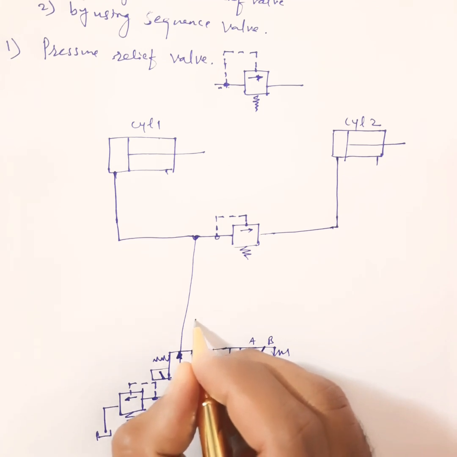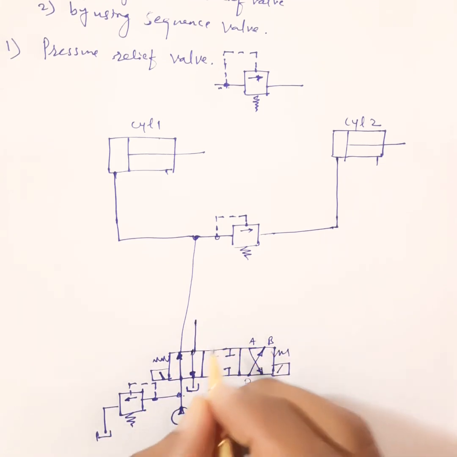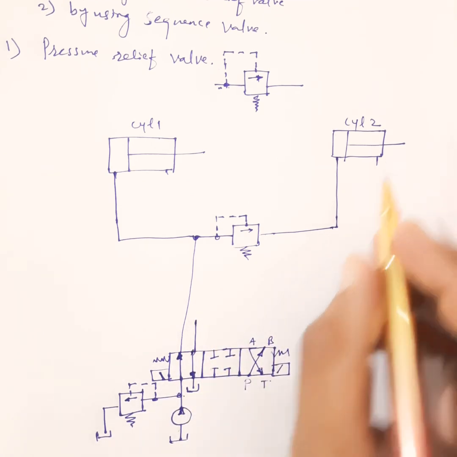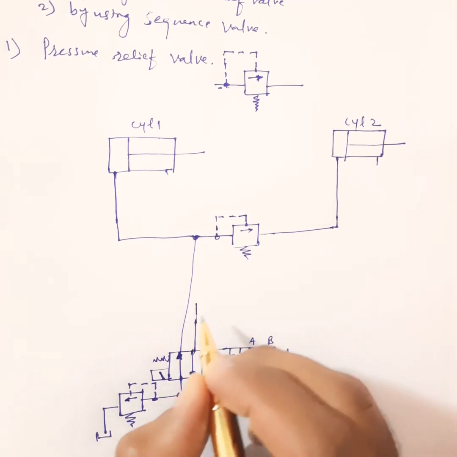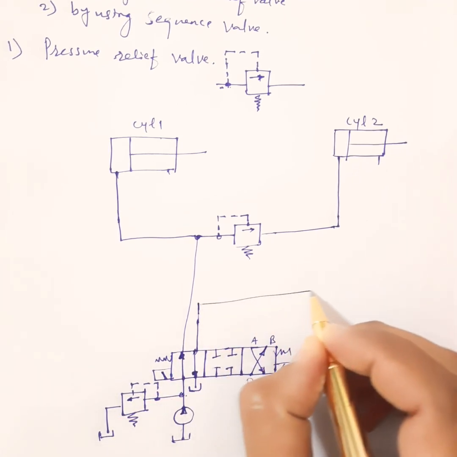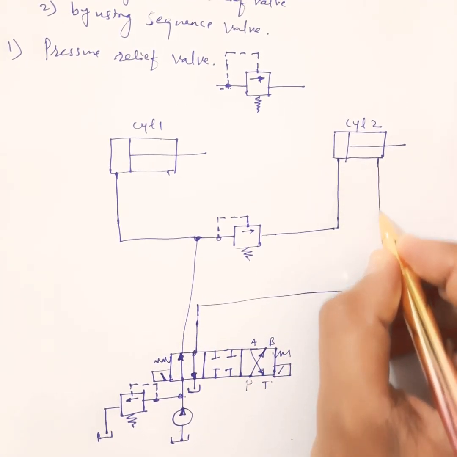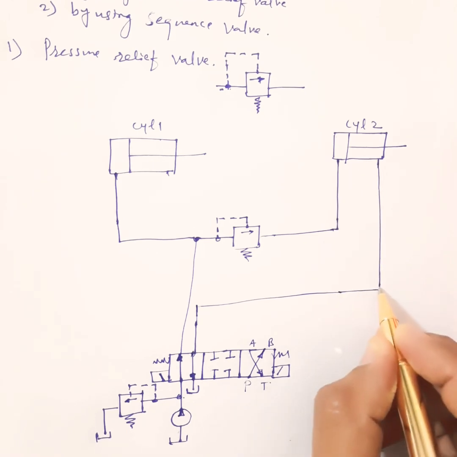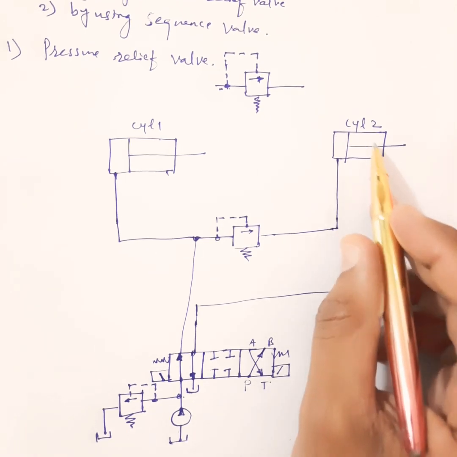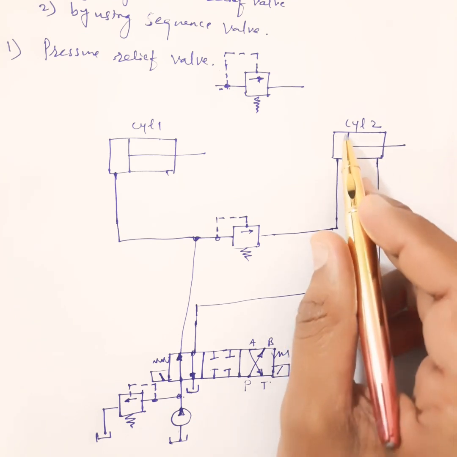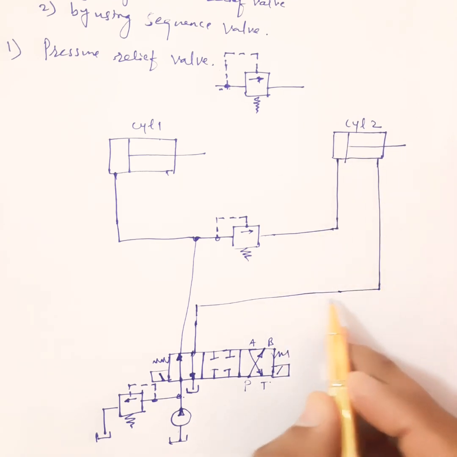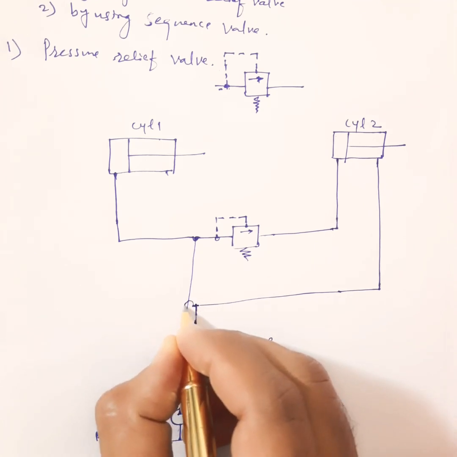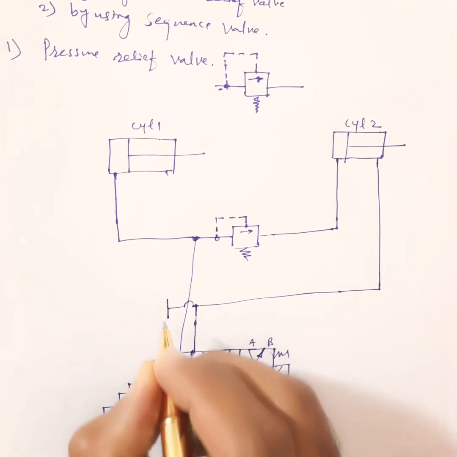So in that case your fluid from the pump should go to cylinder 2 first. Okay, so directly we will connect here cylinder 2. So here this is nothing but cylinder 2. So directly the fluid from the pump will go to cylinder 2. Piston 2 retracts. When piston 2 reaches the extreme position, in this line the pressure will get increased. Then in addition to this, we will supply this fluid to cylinder 1.